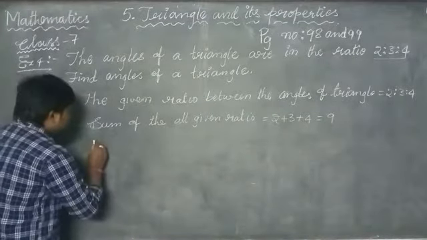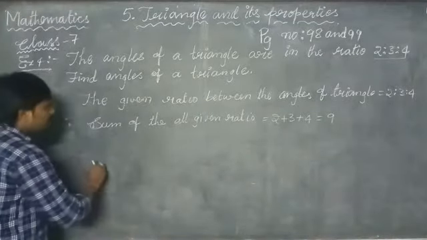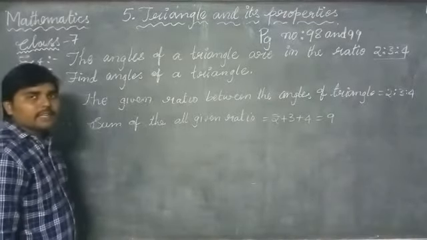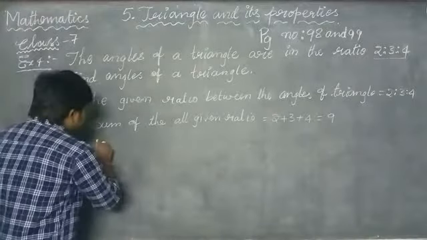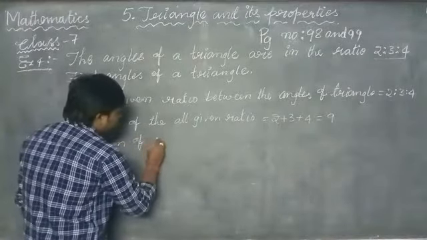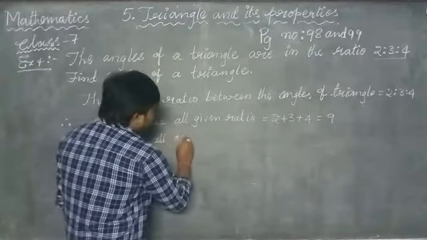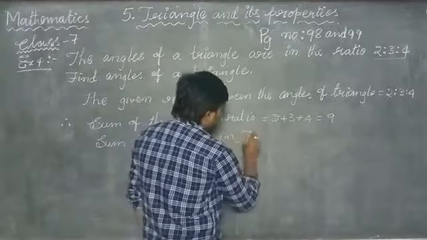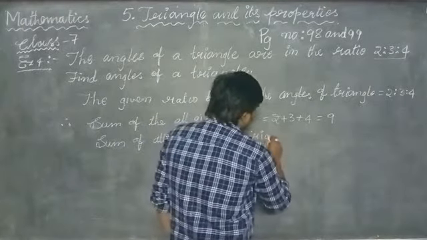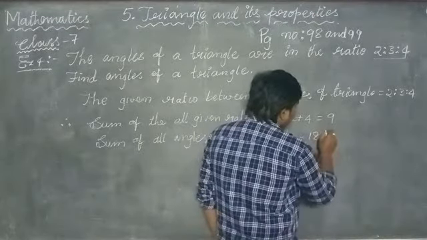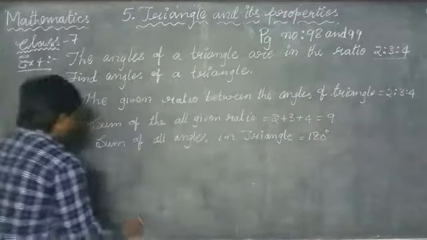Okay. From the angle sum property of a triangle, the sum of all angles of a triangle equals 180 degrees. Sum of all angles in a triangle equals 180 degrees. Therefore